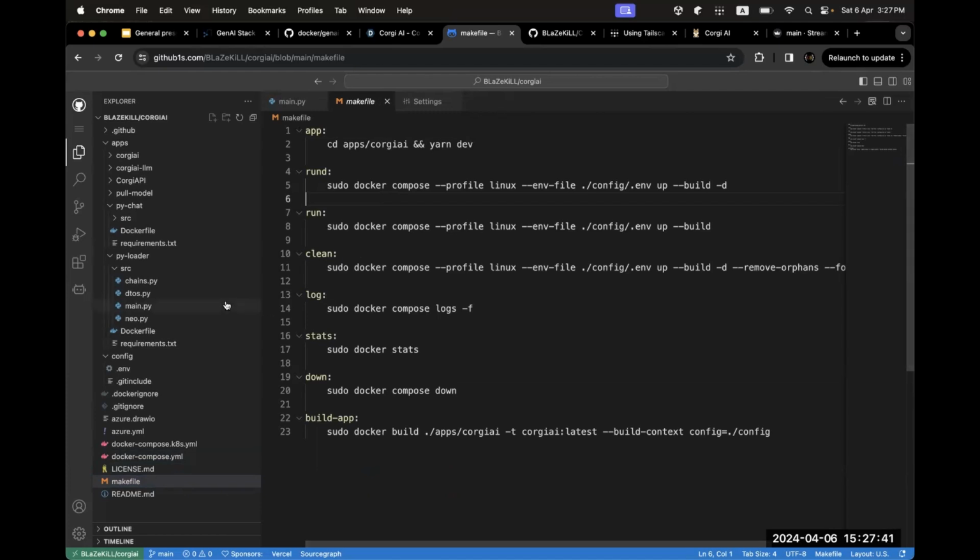I'll show you the VPN part also, how this cluster is able to connect to the Azure services. So the actual app is the only thing that runs in Azure. Everything else is running on my server in my room. So if you look at the Docker file for the app,